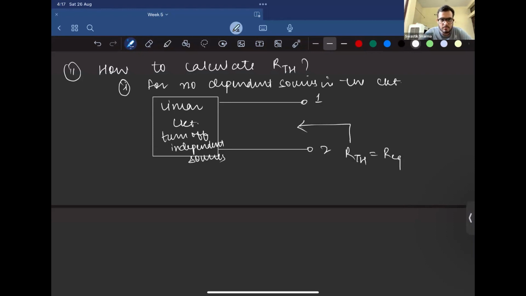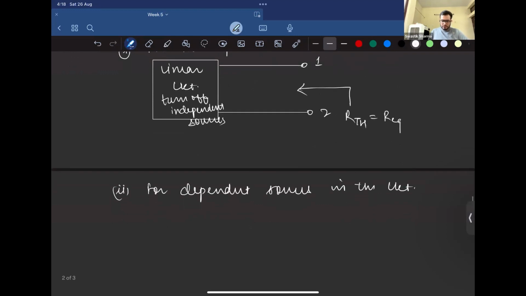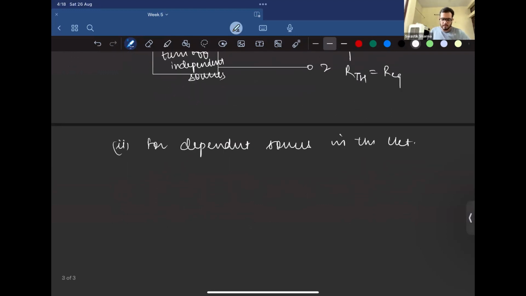Did you write it in the chat box? Now for the dependent sources, since we are